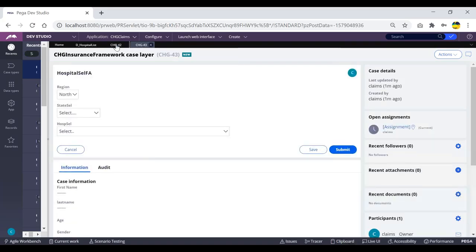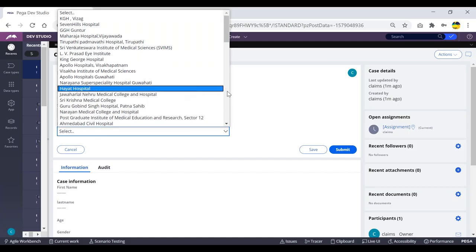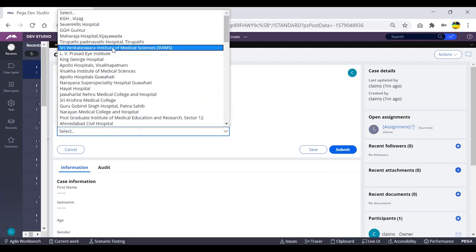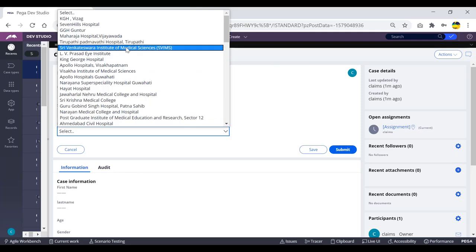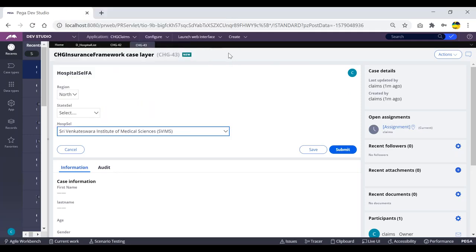Okay, and the data I'm trying to pull here to display is the hospital values. So this will be most generic. There is no much security here. And if I want to use this data for the next work object ID, okay, for the first work object ID, I'm trying to hit the database one time, and I can create these work object IDs for some millions per day. Suppose I'm creating some hundreds of work object IDs